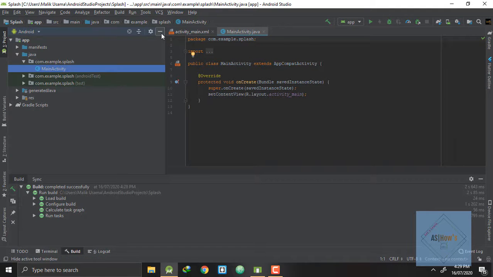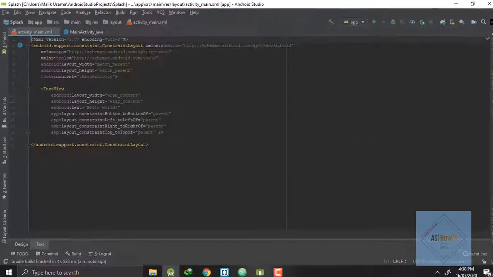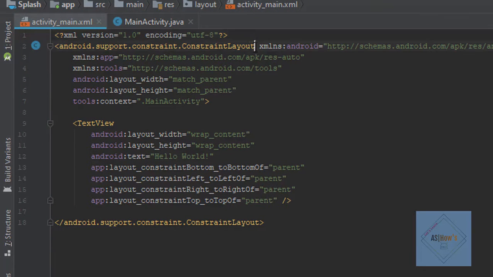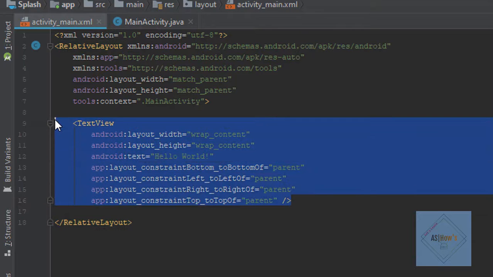Now we will minimize this and go to our activity_main.xml file. We will change the layout from constraint to relative layout, and we will remove this text view from here.